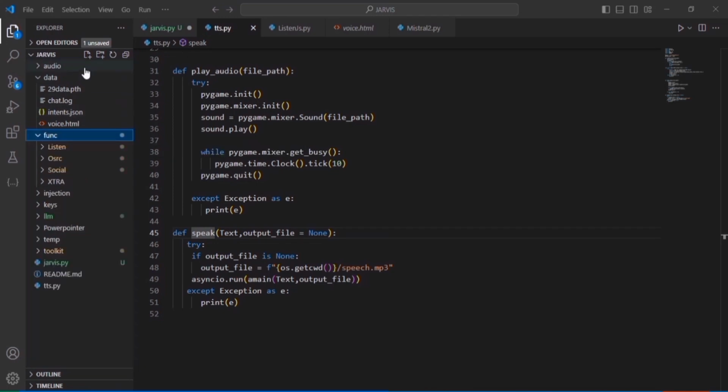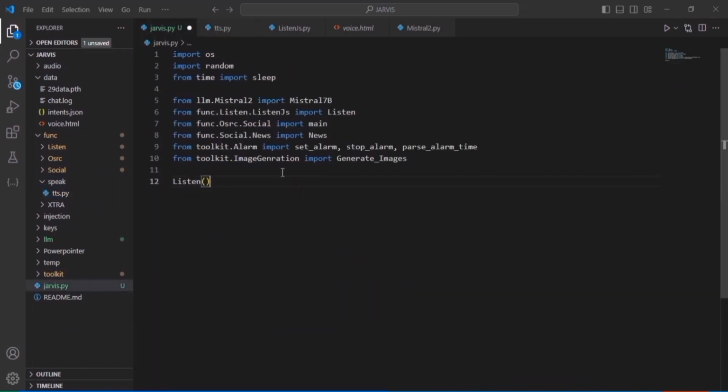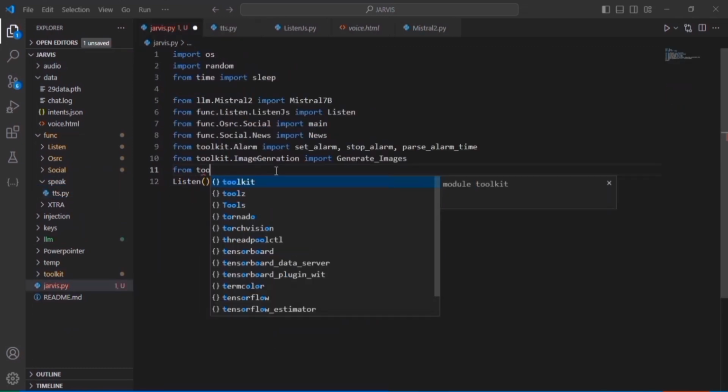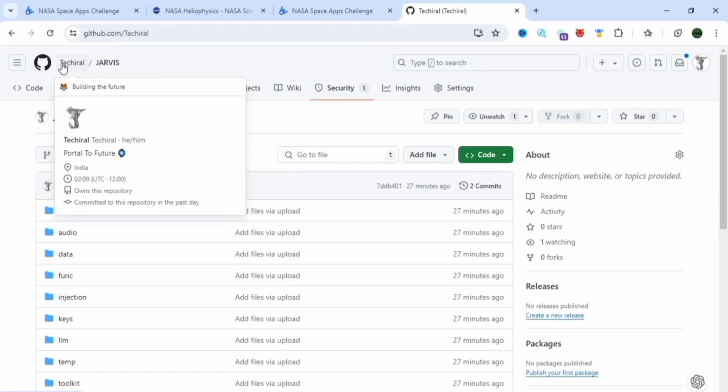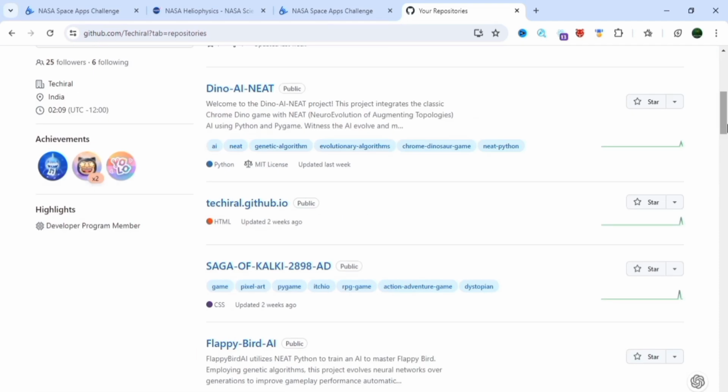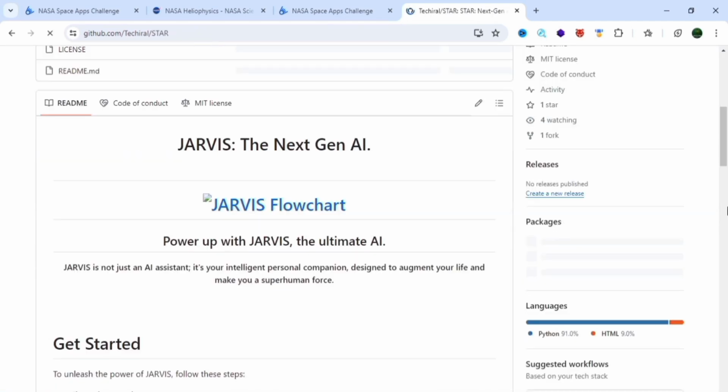I will create a new folder in func, and it will be named speak, and I moved the tts.py into the speak folder. Now I will write from func.speak.tts import speak, and now we can call speak also in the same way. And after all these things, I have to create a function named start. For that, we first have to look at what we are doing.